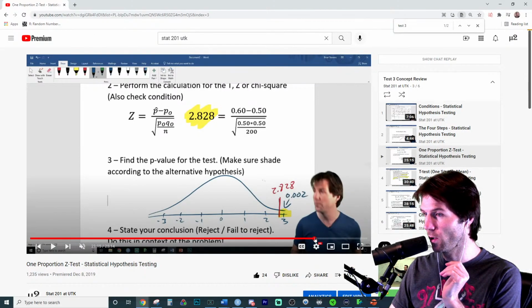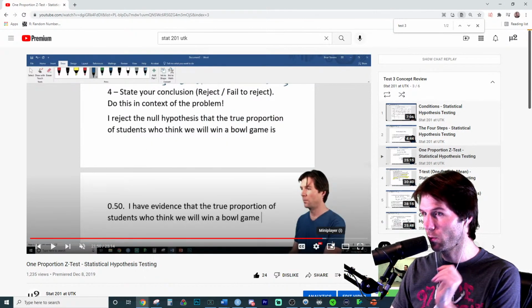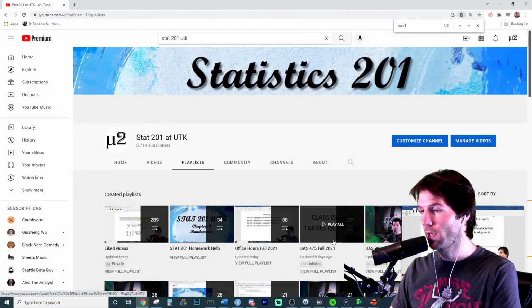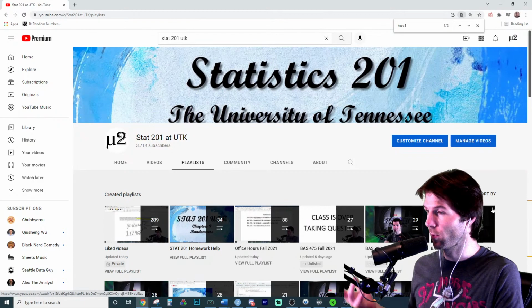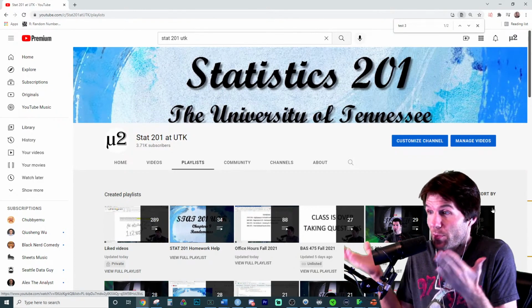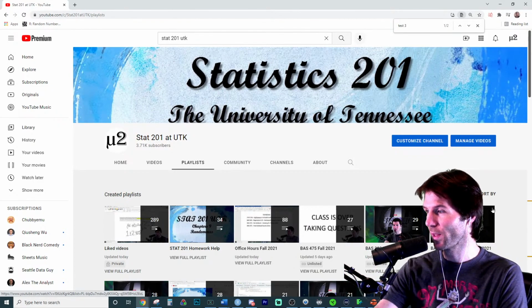There's the p-value of 0.002, and because the p-value is lower than 0.05, we reject the null hypothesis, and we see that our results were unlikely by random chance given the null is true. So I don't think the null is true, because what I saw was unlikely given the null is true. Let's hop back.